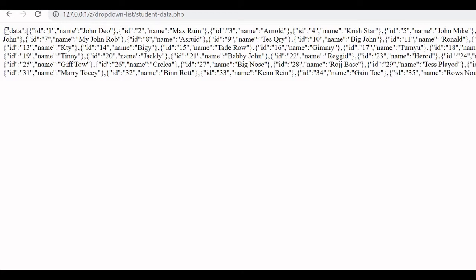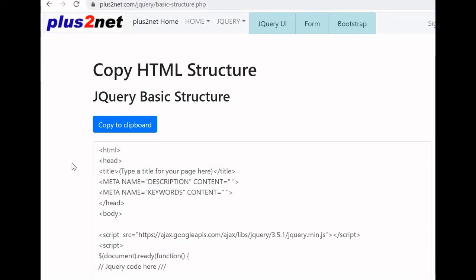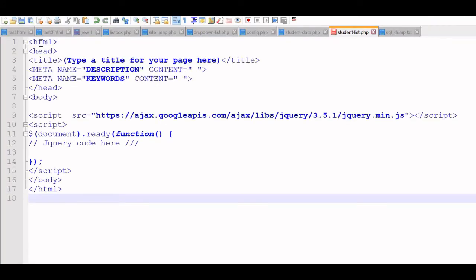You can see the string is separated by commas and key value pairs are used. This is one record, you can see there is a comma. The second record is here again, and everything is separated by an ID and its value, name and its value. So key value pairs are used. Copy the basic template from here, and we will be using this code. We will paste our basic template here. Now the framework is ready.